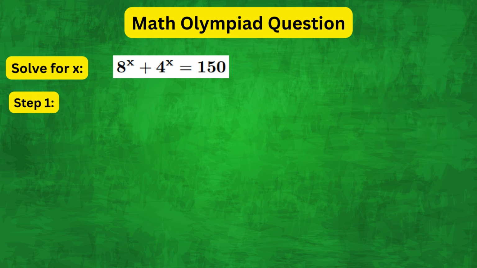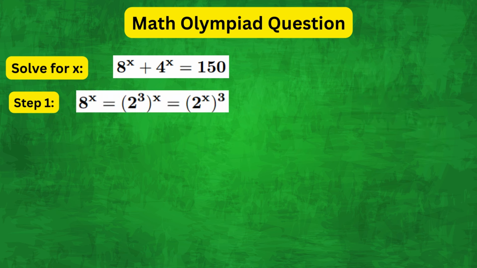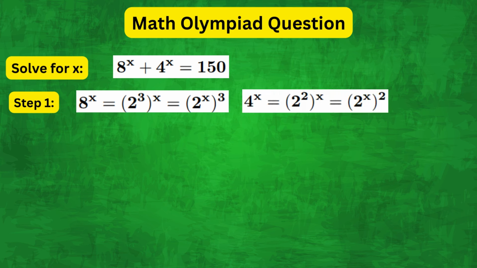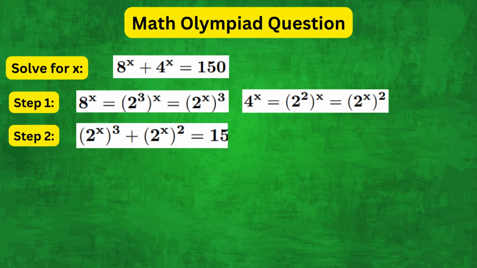As a first step, we can rewrite 8 to the x as 2 cubed to the power of x, which is equal to (2 to the x) whole cubed. And similarly, 4 to the x is equal to (2 to the x) whole squared. Now, plugging these into the equation, we have (2 to the x) whole cubed plus